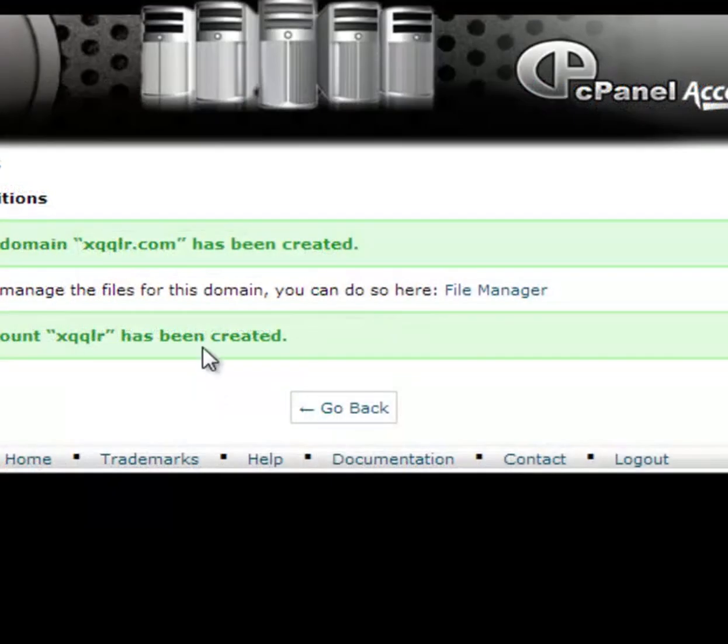So now you see we have our add-on domain name created here. So what you've done is said to your hosting account, okay, I have a new website. It's at this URL, xqqlr.com. Obviously, you're going to create something different. And you, as the hosting account, I want you to create a directory for this. Now, that's all been created, but one last step you need to take before this website will actually be up and running